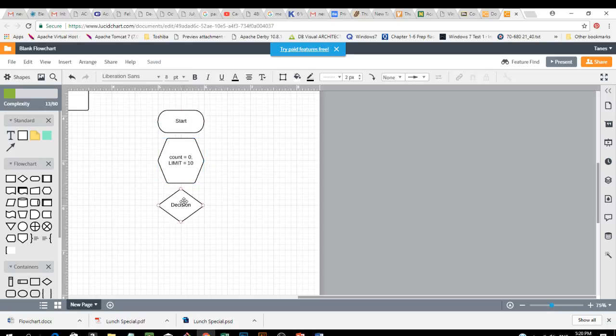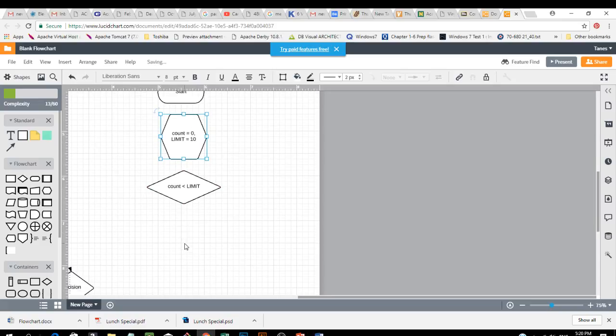So now we're going to make the decision. What should the decision be? What makes it true or false? Count is less than, right? Count under 10, which we already have as the limit. That's why we use initialized values to help. So we're going to say while count is less than the limit, what do we do? If it's true,